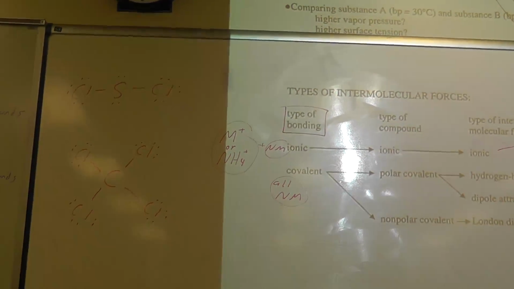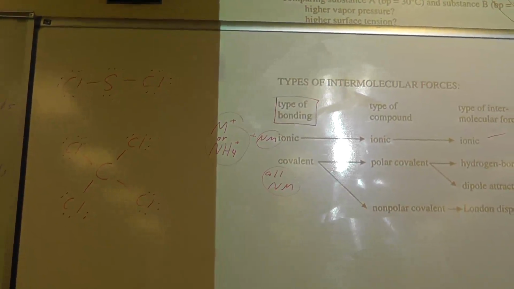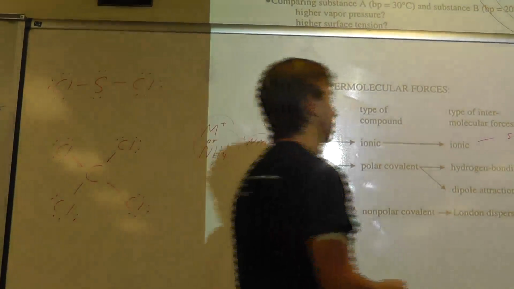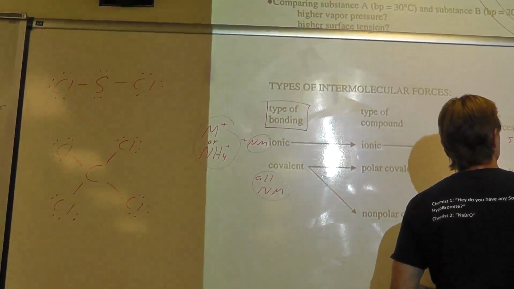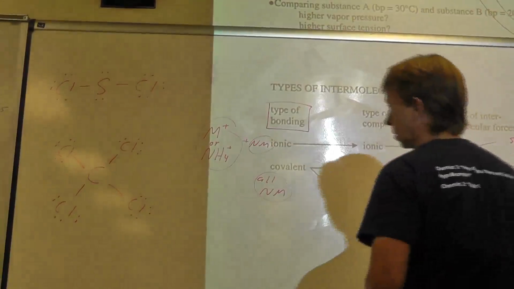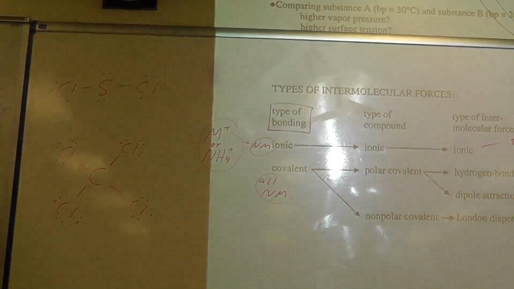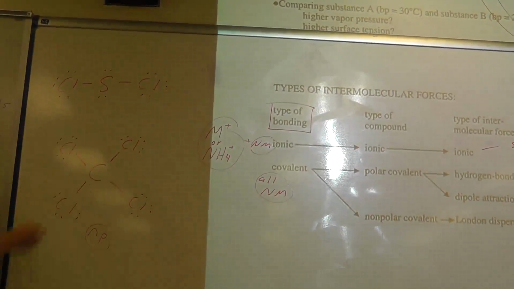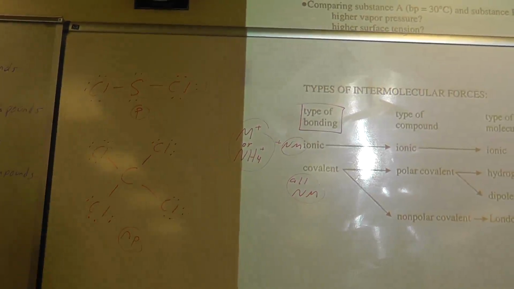We need to look at covalent compounds and tell if they're polar or non-polar, because that's going to make a difference. CCl4, polar or non-polar? Non-polar. Because all four directions are identical. What about sulfur dichloride? Polar. Because despite the way it's drawn there,